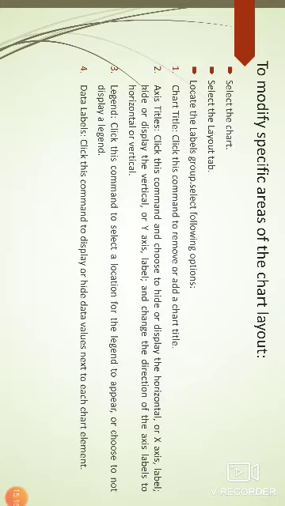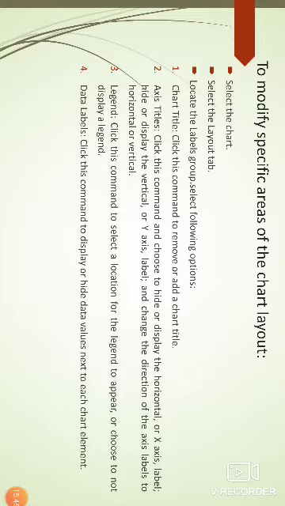Here I want to modify specific areas of the chart layout. As usual, first we select the chart and select the Layout tab on the ribbon, and next locate the Labels group and change the following options based on our requirement.